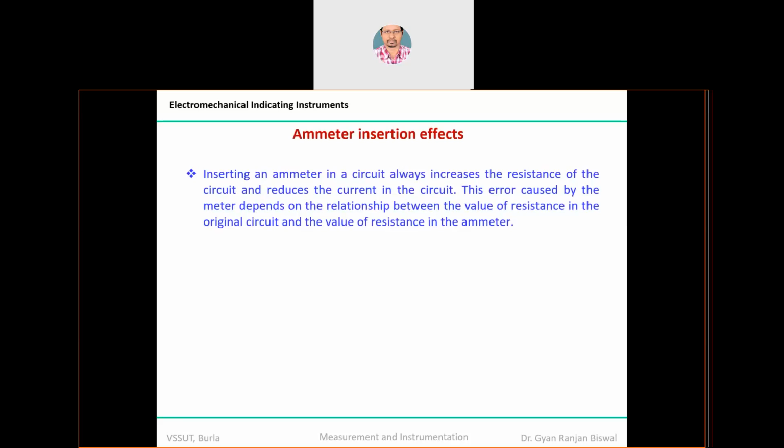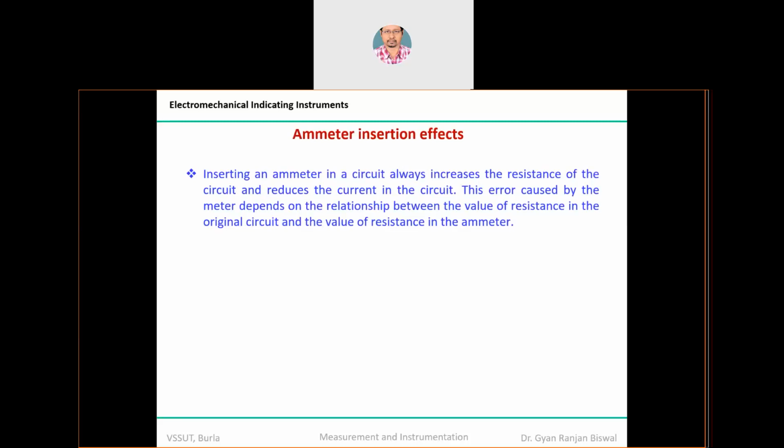Let me proceed further. If the voltmeter is experiencing some error which is called loading effect, is the ammeter also experiencing some errors or not? Yes, it is, because whenever you measure the current, you measure it with the help of a device we call an ammeter. Now let us assume that I want to use my PMMC device as an ammeter rather than as a voltmeter. So if I want to use my PMMC device as an ammeter, what do I need to do? I need to apply my measuring device in series under the measurement, right? So whenever you insert an ammeter in the circuit in series, what will happen?